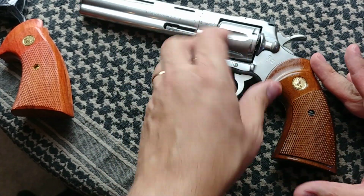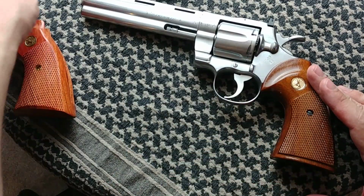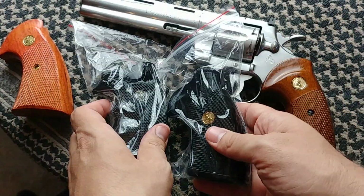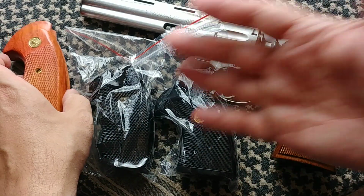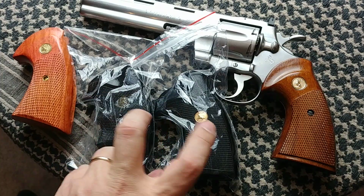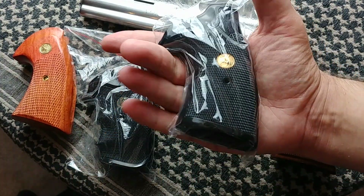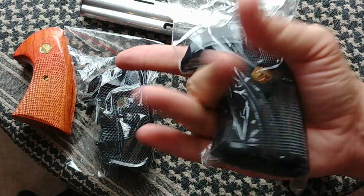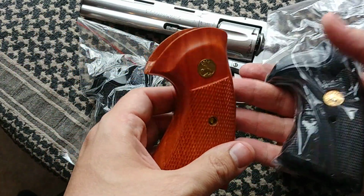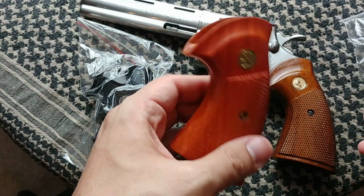So you have these ones, which are the ones I like the most. The gripper ones would be the most comfortable ones. Then you have the presentation grips. I basically ended up with the four most common grips that are floating around for Pythons. The two patch mine ones. The presentation grips I like a lot, but they're quite heavy and bulky. I realized that these, ironically enough, of the three, the ones I'm going to be leaving the gun with are